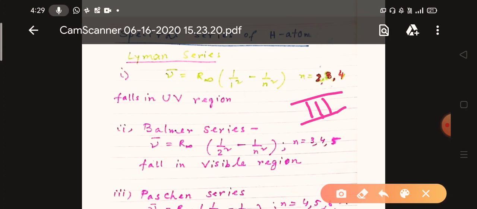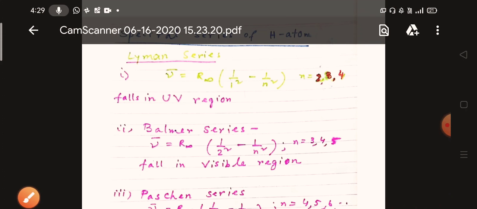So certain lines tell you that these lines originate from the emission spectrum of those atoms or molecules. The atoms or molecules have been excited, and when they come back to the ground state, they emit radiation of a certain wavelength, and that is present within that spectrum. So you have to calculate the wavelength present within this spectrum, and from that wavelength calculation